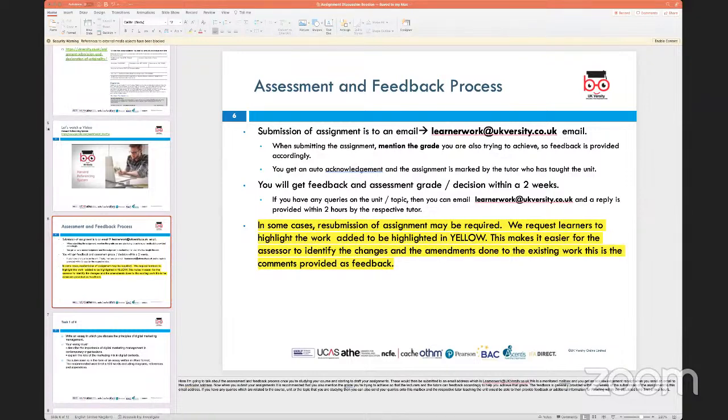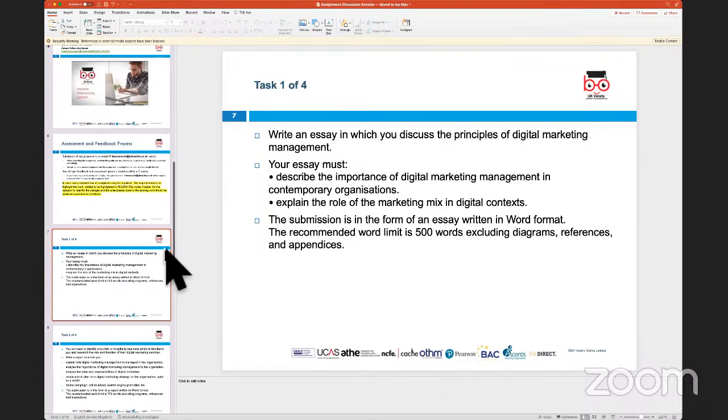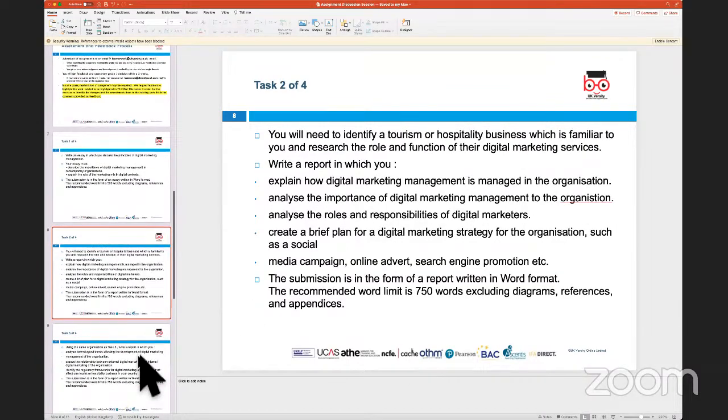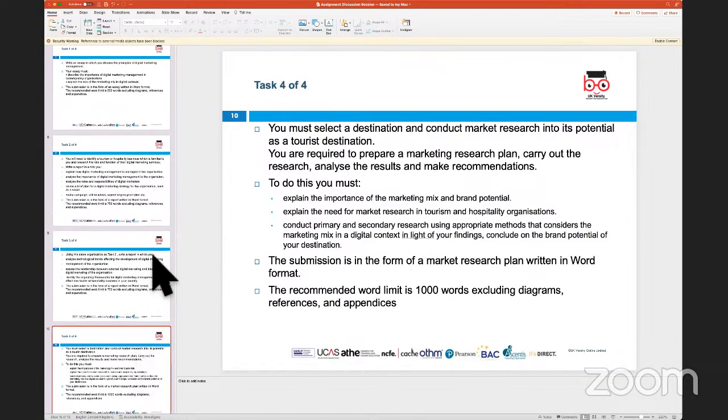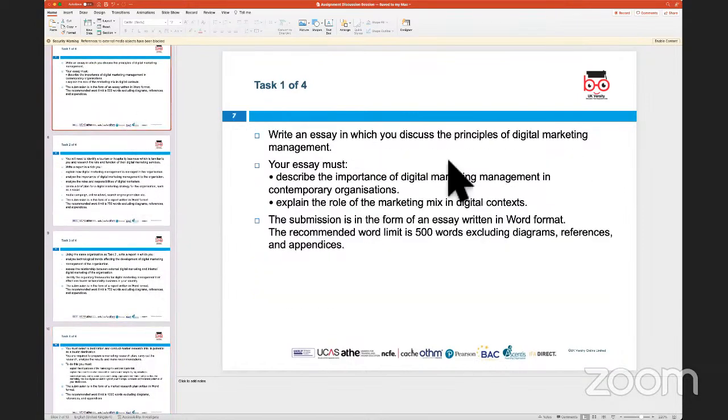Now, although the assignment has been given in various tasks, so as you can see, there is task 1, task 2, task 3, and task 4. This is what I've taken from the assignment brief document. But generally, what I would suggest is that when you submit your assignment, you should submit just, I would say, one document, but I will show you how to submit that in 4 parts.